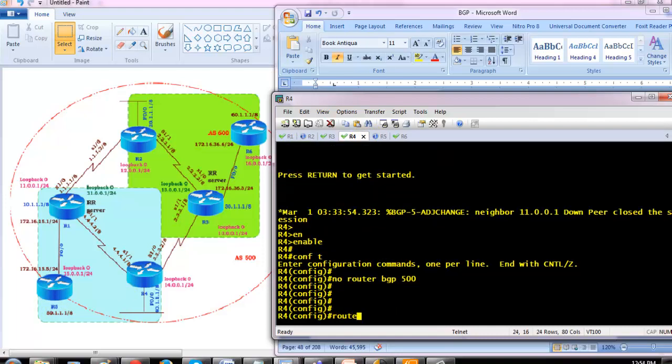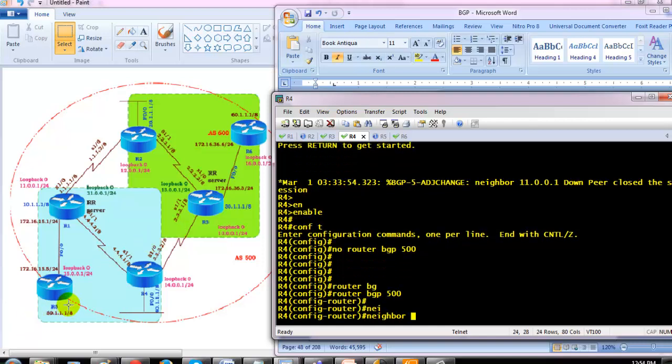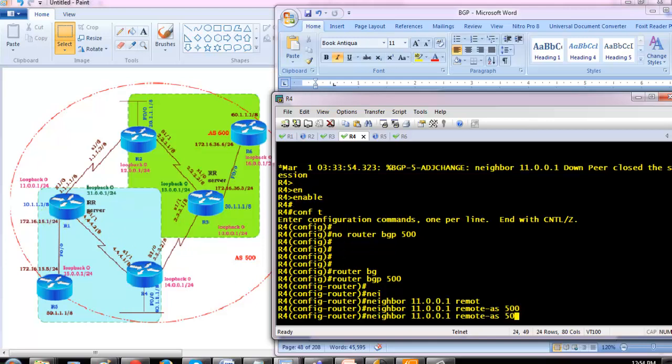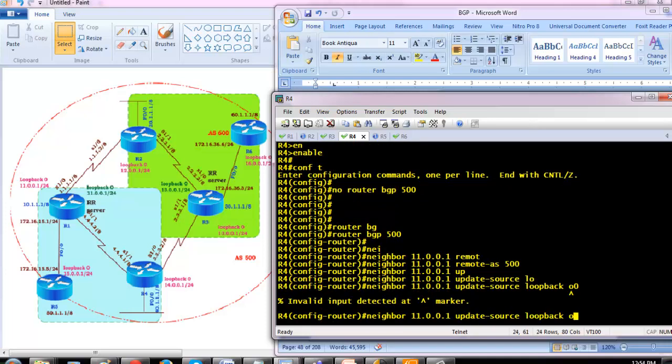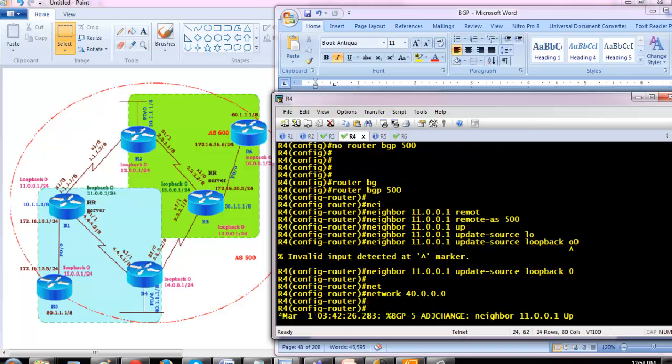On router 4, router BGP 500. Now these clients are going to pair only with the server. In our scenario, R1 is the server, so I'm going to pair with its loopback 0 interface, that is 11.0.0.1, the loopback of R1. Then update source loopback 0, advertising the LAN interface, which is the 40 network.